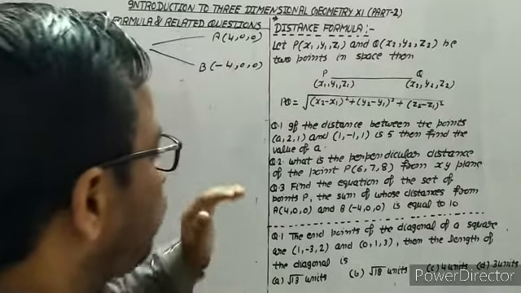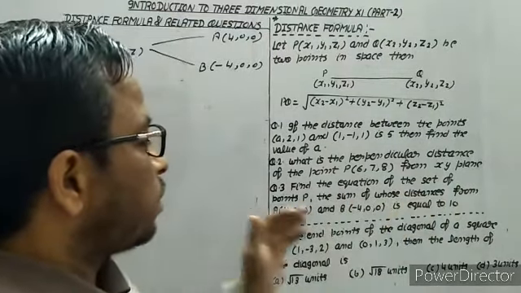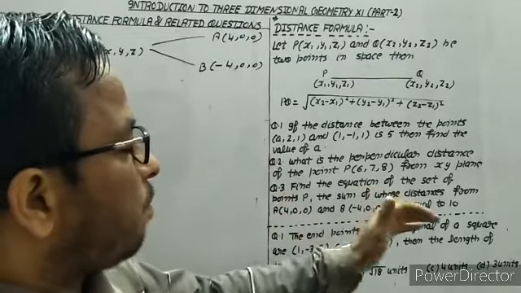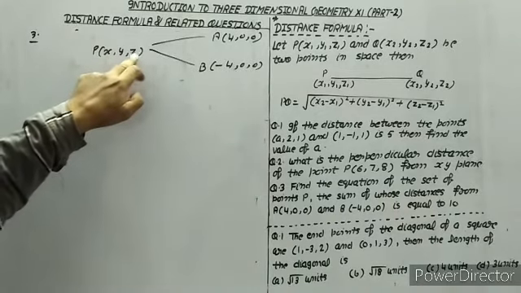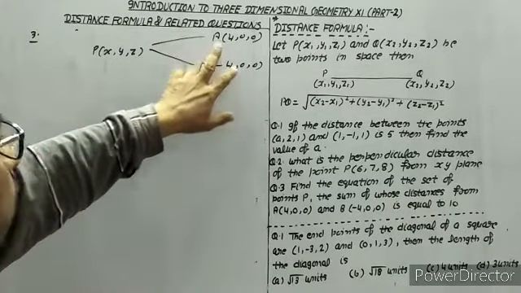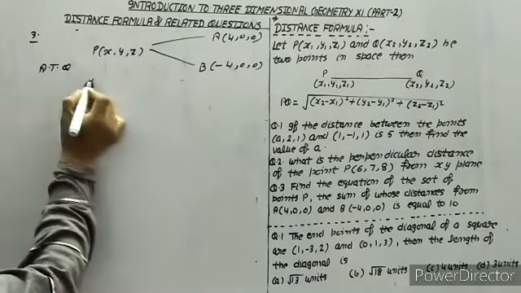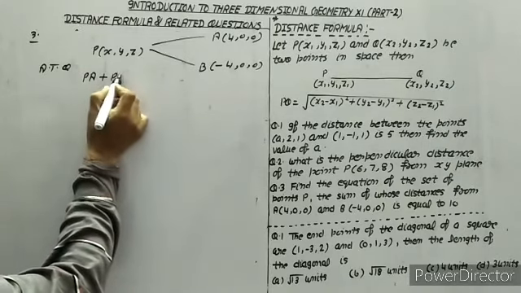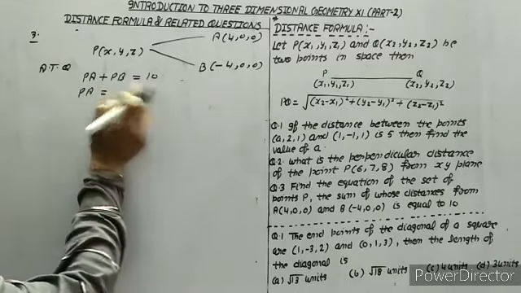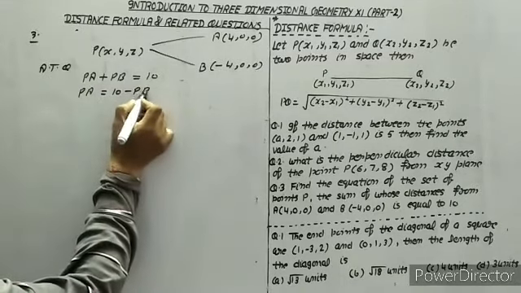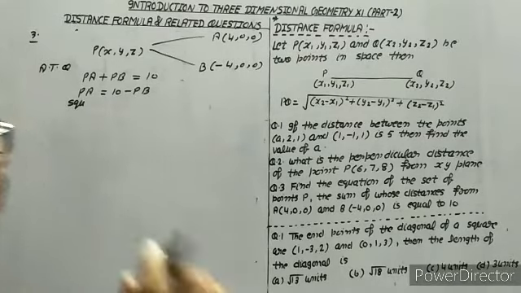Now let's start the solution of question number 3. Find the equation of the set of points P, the sum of whose distances from A (4, 0, 0) and B (-4, 0, 0) is equal to 10. So let us suppose point P has coordinates x, y, z, and A and B are already given. According to the question, we have PA plus PB is equal to 10. First of all, we have to shift one distance to the other side because we have to use the concept of squaring both sides. This first step is very important to get the correct result.